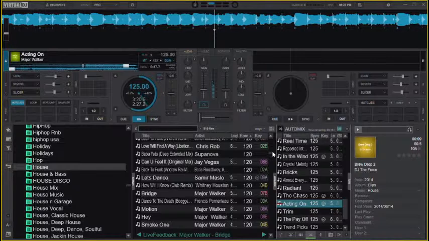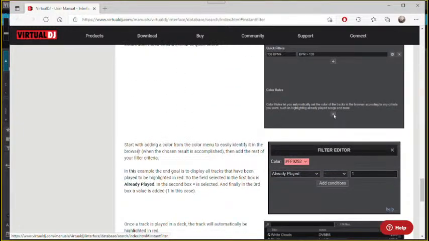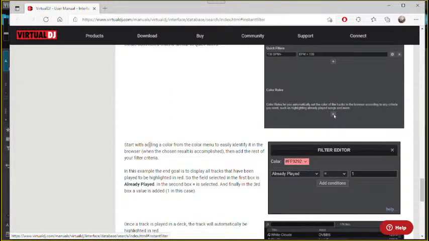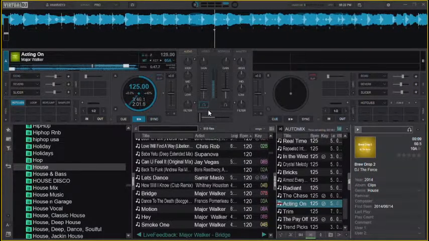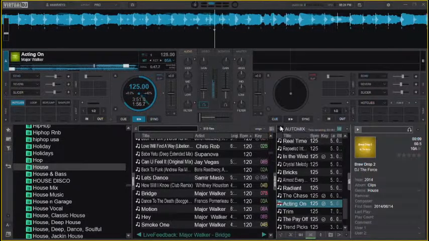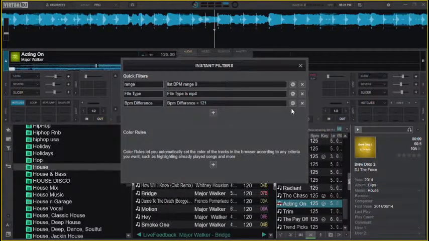Based on the example they gave us, we'll go through it step by step. Click on the plus icon. Oh, that's what I messed up on. The instant filter, it's like I didn't assign it a color, so what that does is assign it a color so it pops up on the screen. So let's edit that, go into the settings,